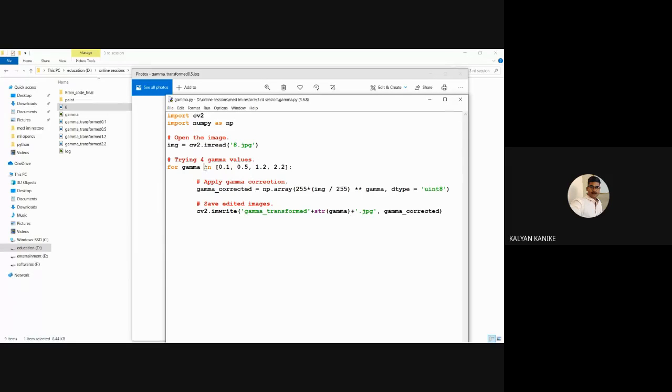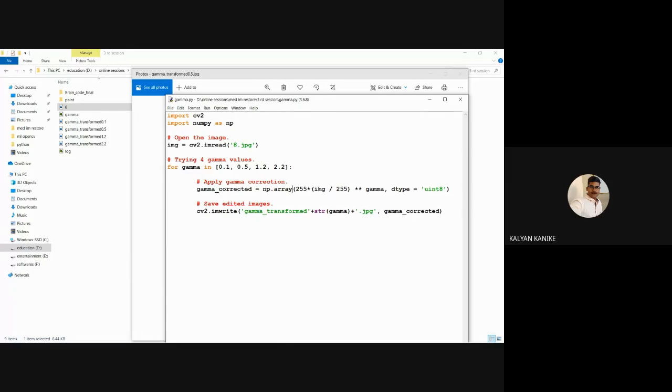This is the default formula to apply that. Here we can change these numerical values, not only 255, we can give 10, 20 like that also. It's about how much light information we are adding to the pixels.